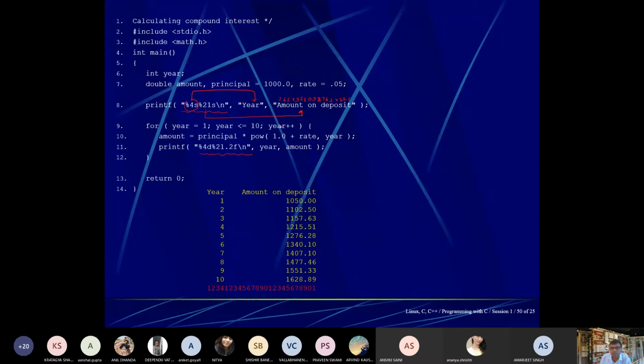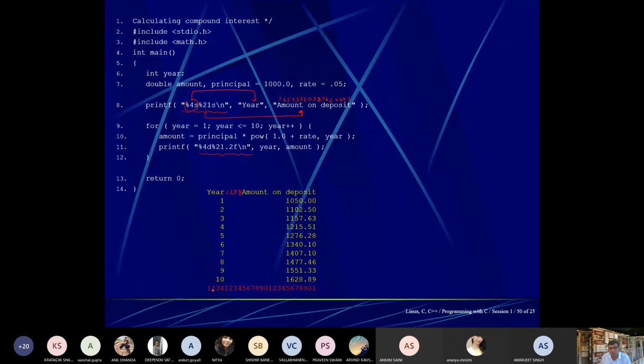Yes or no? Yes, sir. These, and after that, because we have written 4, so this is 17, 18, 19, 20, and 21. I am just putting some random number so that you will be able to see the clarity between this. So %4s is right justified. It will take 4 spaces. After that, 21 spaces will be there, and it will start counting from the right side. So from this place to this place, a total of 21 characters will be there.